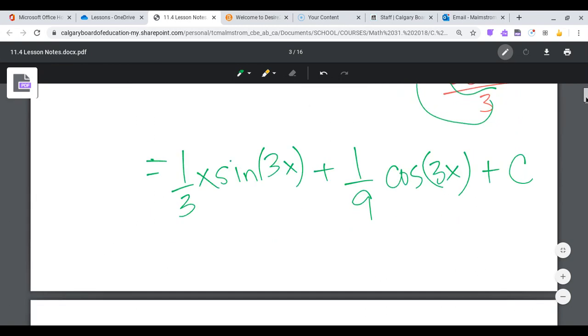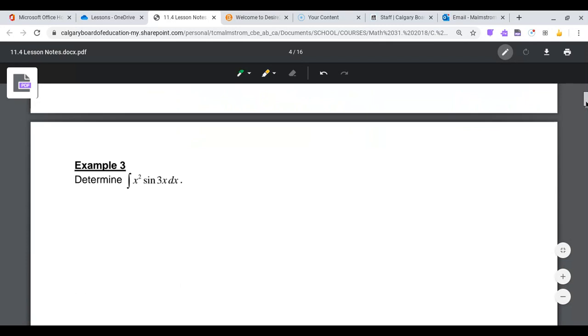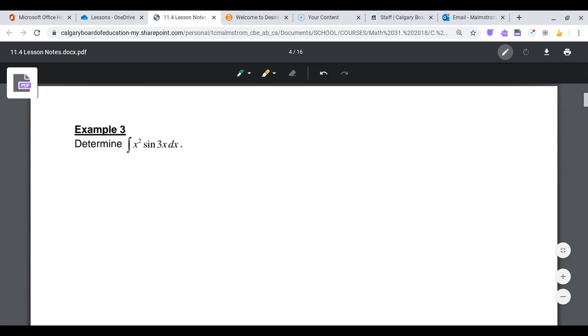Very fun. Okay, example 3. I would like you to set up, before you press start on video number 2, the u dv's. Set up your 4 parts. What is it that you think needs to be for each piece? I'll see you back in